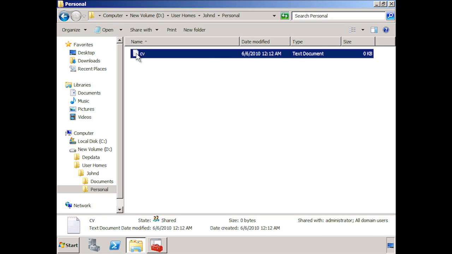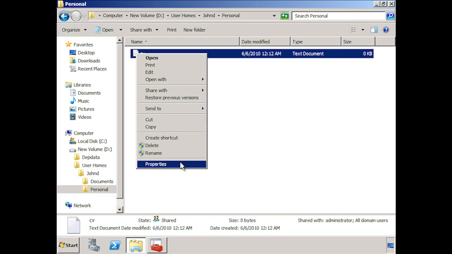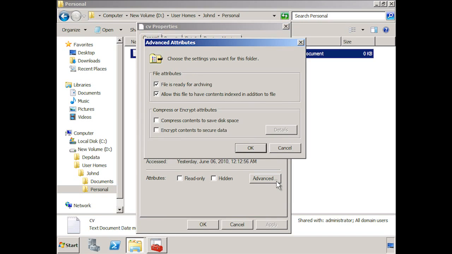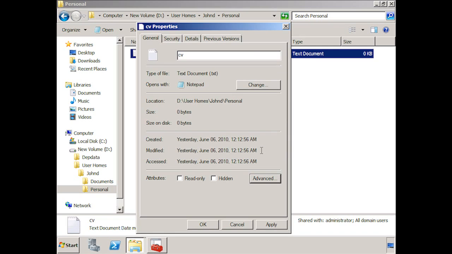If I want to encrypt this file, all I need to do is select the properties for that file, select the option Advanced, and then select the tick box Encrypt Contents to secure data. Notice also that if I compress contents to save disk space, the file is no longer encrypted. With NTFS, you can choose to compress or encrypt your files, but you cannot do both. If I now apply the changes and exit out of the properties,